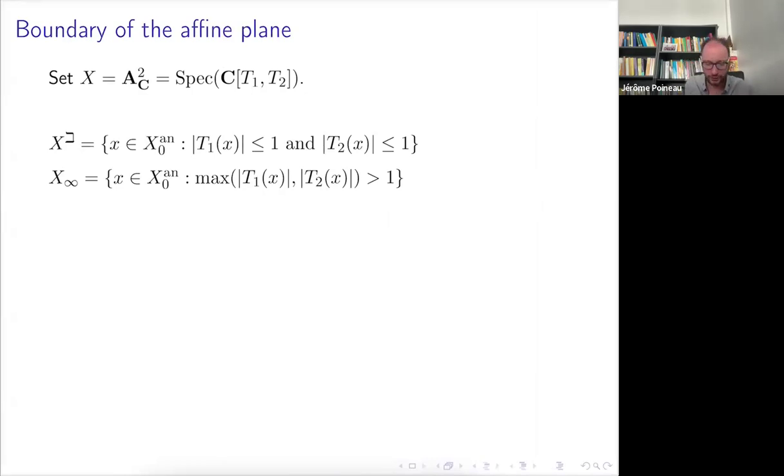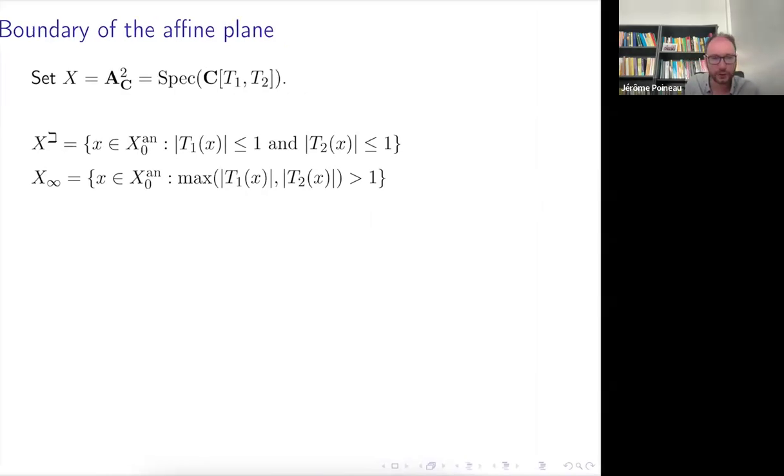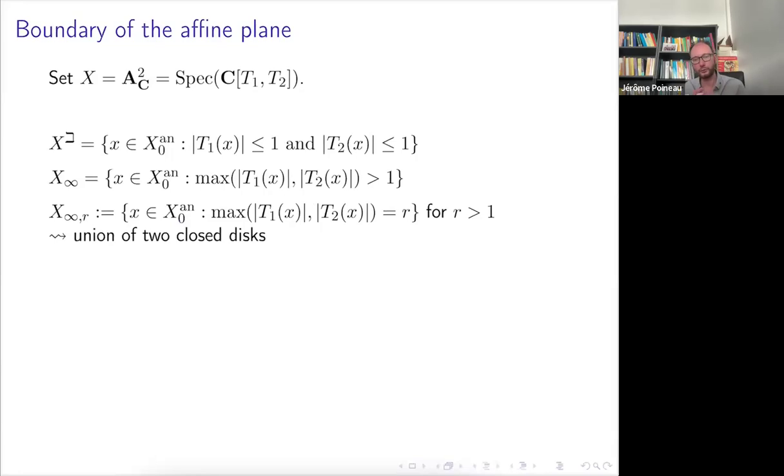Okay, and actually it's easier to draw things to do it like this: to fix some real number r bigger than 1, and to demand that the max of the coordinates be equal to r. So you see that my X infinity is now the union of all X infinity r for r going to infinity.